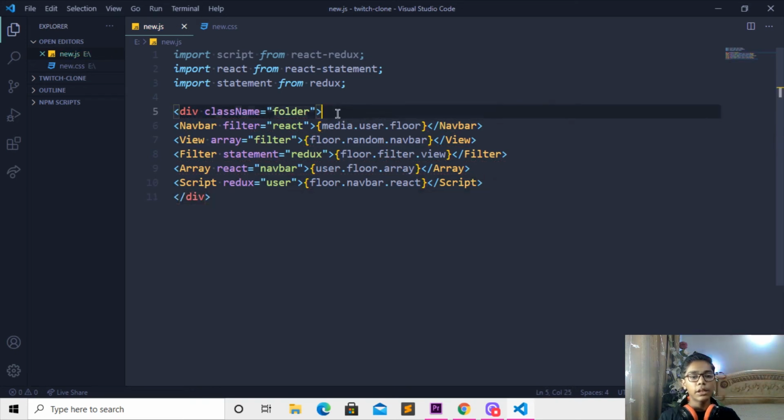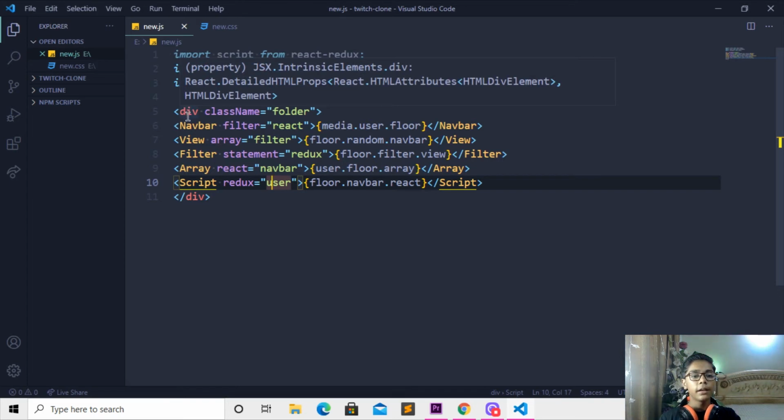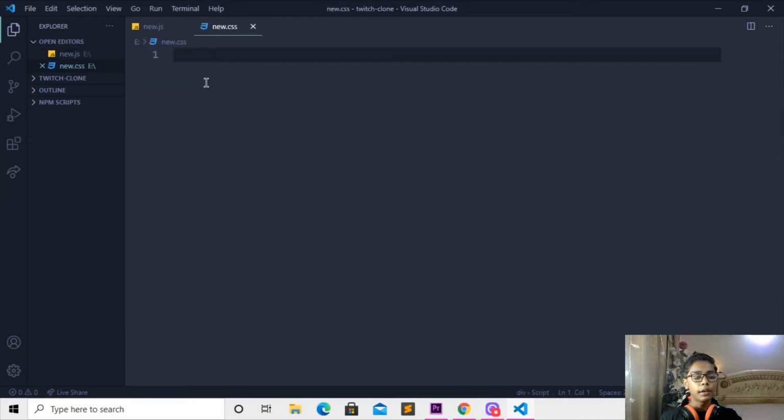So you can see now the error which was just coming in the starting underneath this, all of it is gone now, because here I have put all these things in a class. So in React you have to make a class, which is really important to make, and then you have to store things in that. So when you've done with that, I'll be moving here. Then I'll be defining my class name, which was just folder.